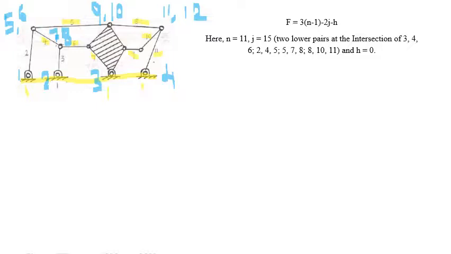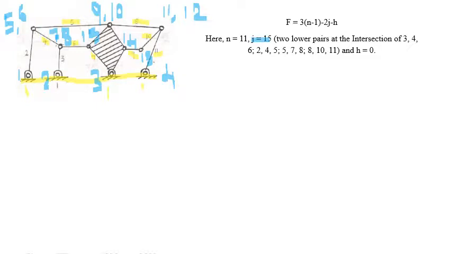So next one, here 9 and 10 only 2 links are connecting, therefore this is 13. Next one, here 9 and 7, therefore 14. Only 2 links are connecting. Next 6 and 7, only 2 links are connecting, therefore 15. So the number of joints are 15, or number of lower pairs are 15,